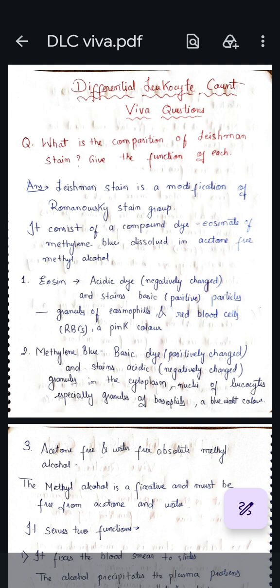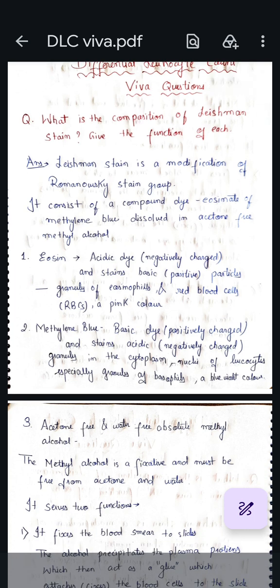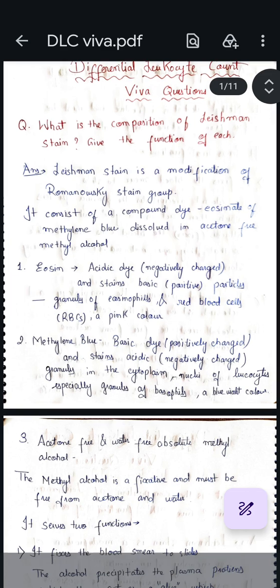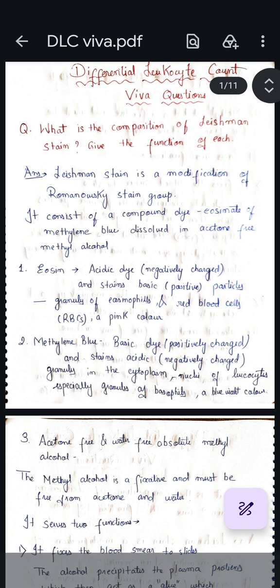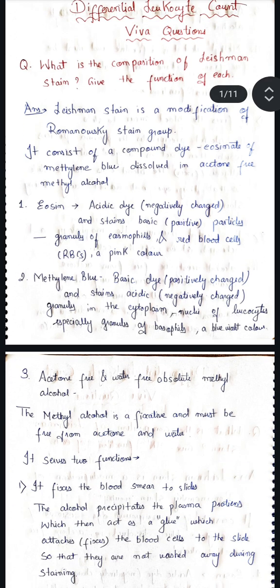Last day, I have just posted a clinical hematology series introduction as well as the DLC in short, in a very concise manner. Now, we'll discuss the Viva questions out of DLC which you can expect, and also the important factors that may help you to just delineate the causes of hematological disorders. First, let's start with the composition of the Leishman stain, which is used for staining a peripheral blood smear. And you have to just know the components of the stain and what is the function of each and every